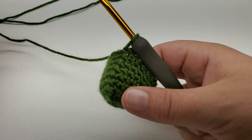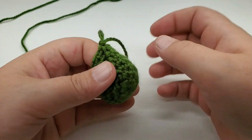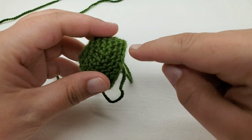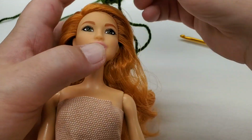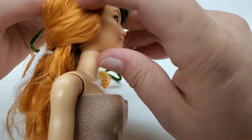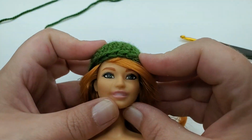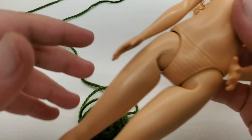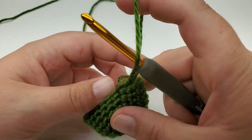Alright, for round 8, we're going to start the brim of the hat. So this is what's on her head, and then we're going to start coming out with the brim. Like if you put it on her head now, she's got like a little beanie. So for round 8,